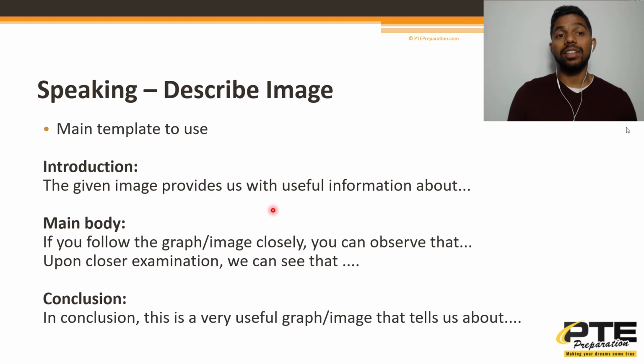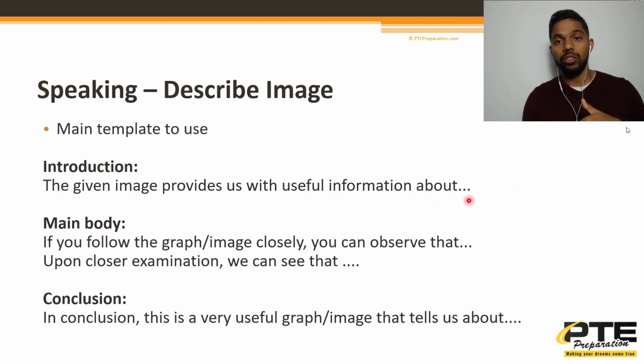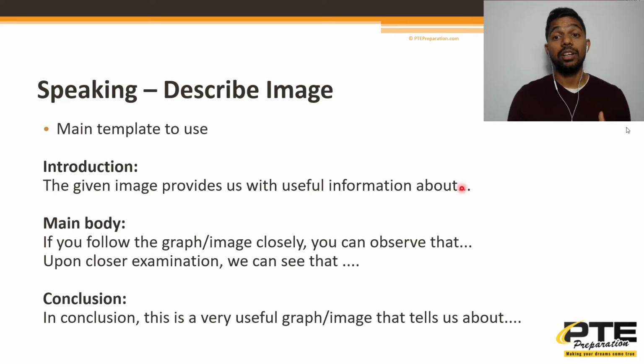Some other things to note, that you want to make sure that you memorize this template fairly quickly. Initially, when you're making a transition from the template to the actual content, you'll notice that there's a short lag, but over time you want to reduce that kind of gap and it should seem as one sentence. So there should be a seamless transition between the template and the actual content. And once you start practicing that, that will become more fluent for you. Initially, you might notice there'll be a slight pause here, but obviously that's something that you want to avoid. And the more you practice, the easier that will get.